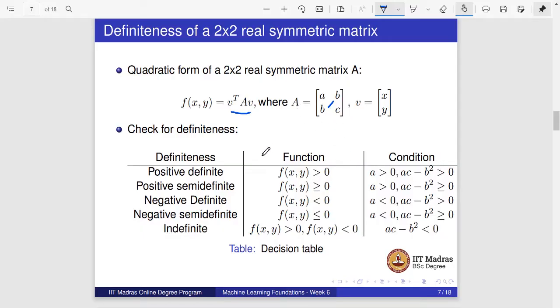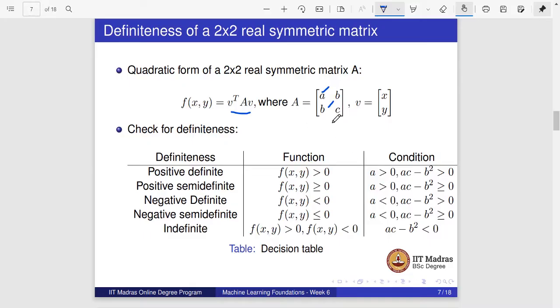The matrix A will be positive definite if A is positive and AC minus B squared is greater than 0. If AC minus B squared is greater than or equal to 0 and A is greater than 0, then